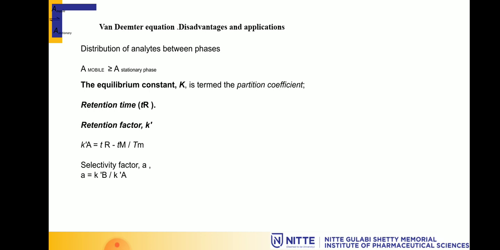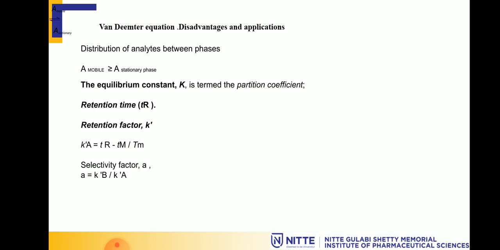The selectivity factor should always be greater than 1, and you have to take those samples which elute fast, right? So now with these terms you could be aware of what a retention time is, what a retention factor is, what a selectivity factor is, and how the equilibrium is attained in this. With that, you can come to know almost all the terms which are used